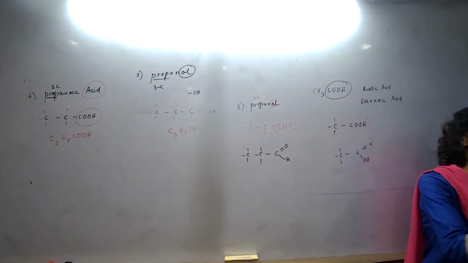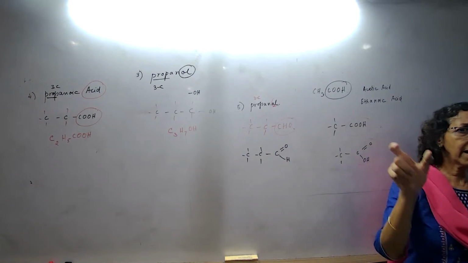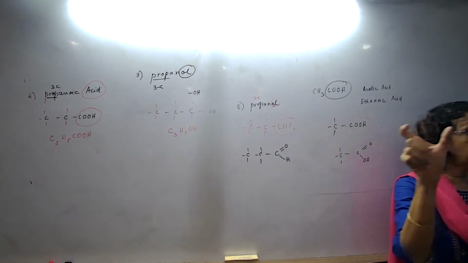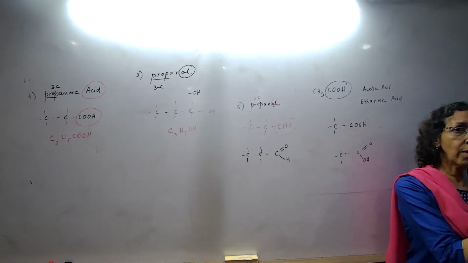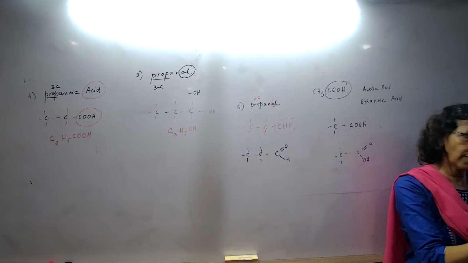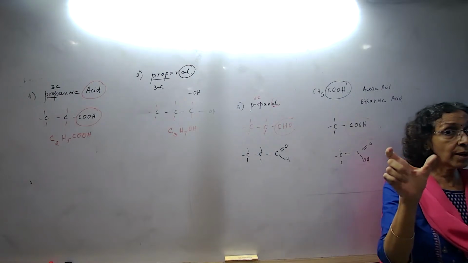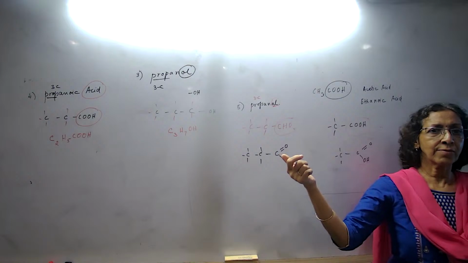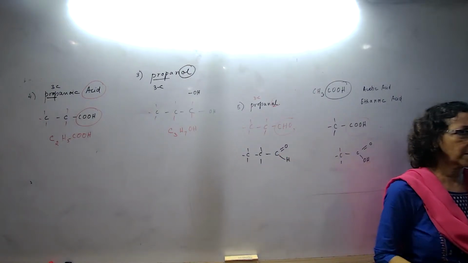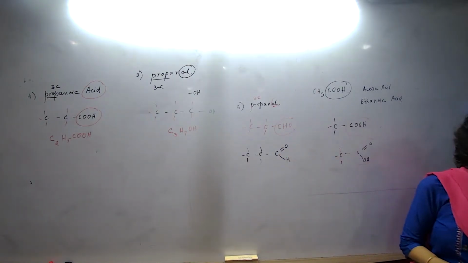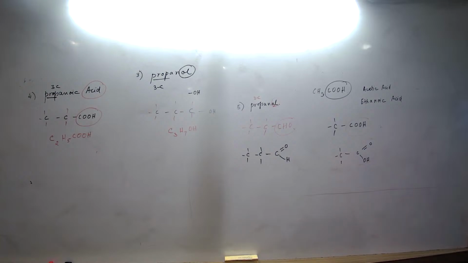Like for example, alkane. Alkane में क्या हो गया? Suppose I have given you butane. But will tell you about the number of carbon atoms. Ane will tell you what? It is the suffix which will tell you the number of bonds. Are you okay there? Come on. Look at page number 69.